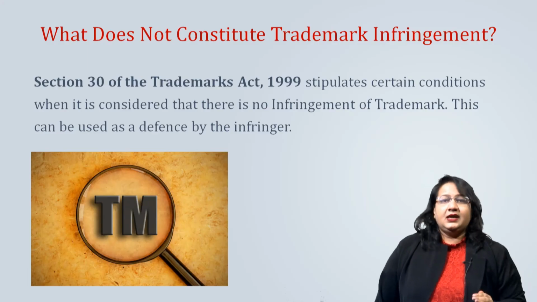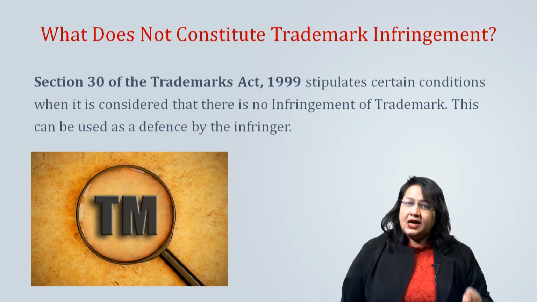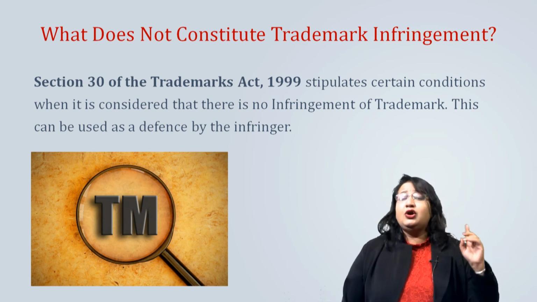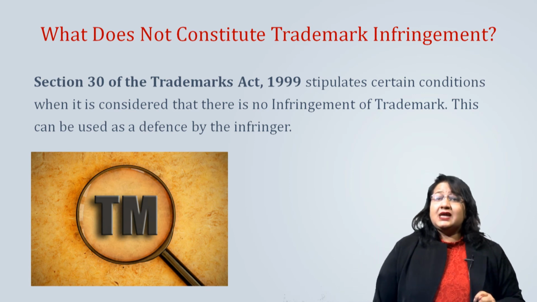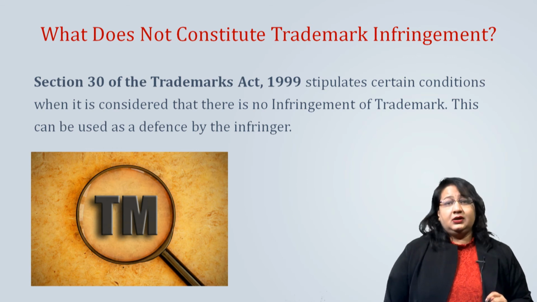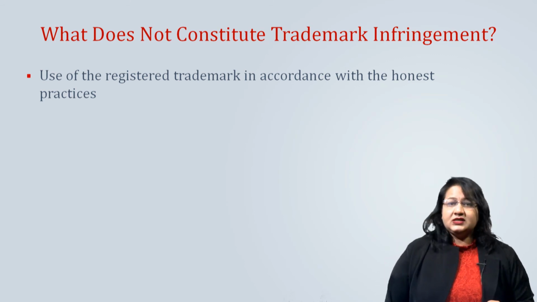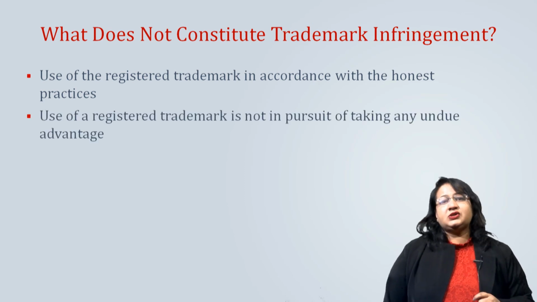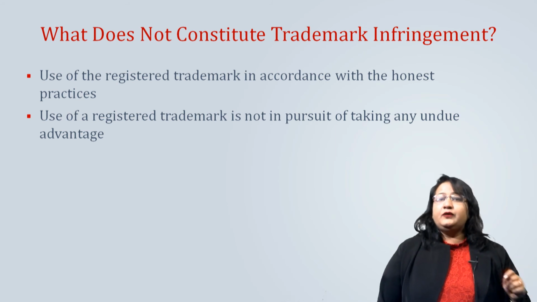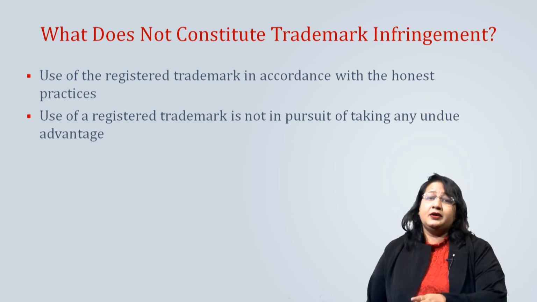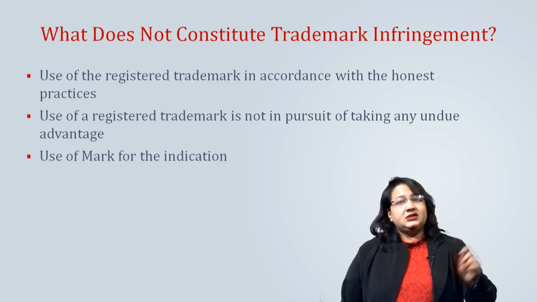Section 30 of the Trademark Act 1999 stipulates certain conditions when it is considered that there is no infringement of trademark. This can be used as a defense by the infringer. When any person is making use of the registered trademark in accordance with honest practice in commercial or industrial matters, when the use of the registered trademark is not in pursuit of taking any undue advantage or proven to be detrimental to the distinctive character or reputation of the trademark,